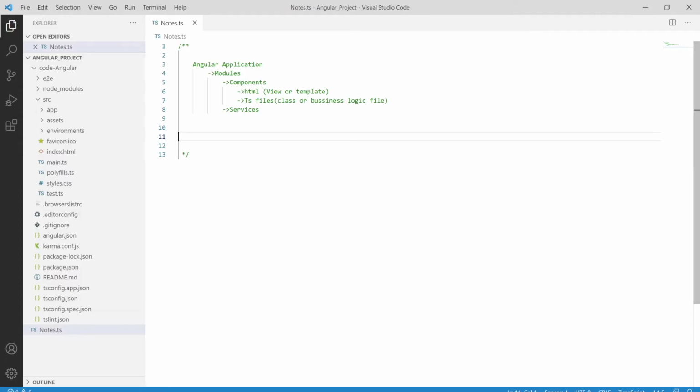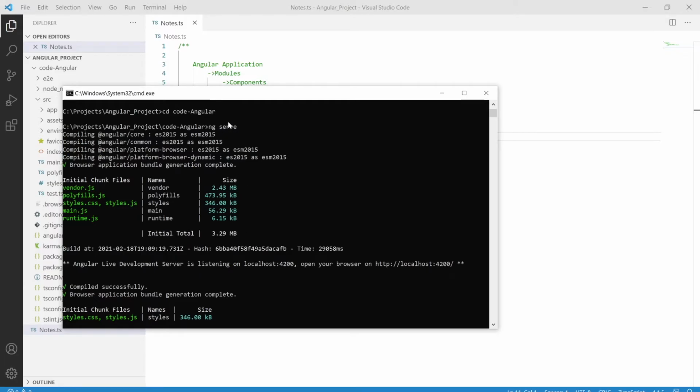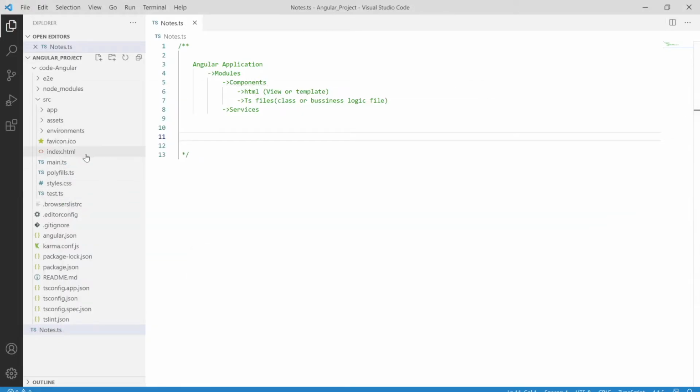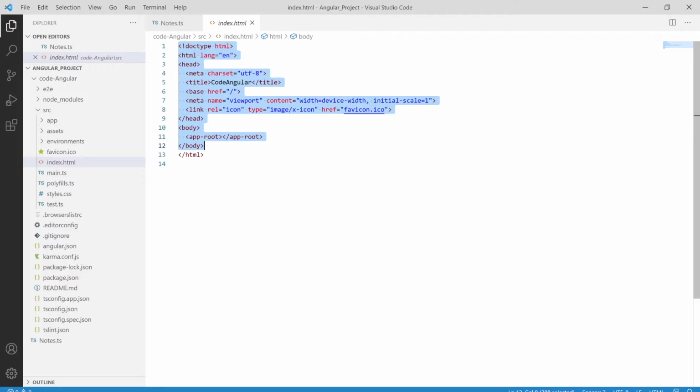So if we hit ng serve or npm start, how will this execute? Firstly we have our main index.html. As you can see, index.html is the first piece of code that is going to execute, and it also has the app root.